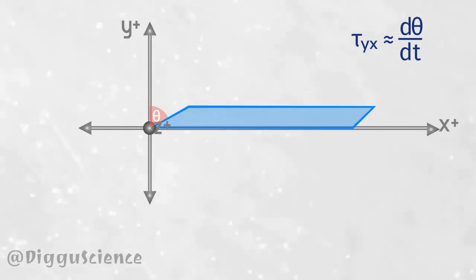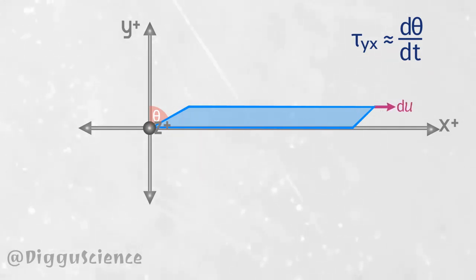In a fluid that moves continuously, the empty part will be immediately filled by the previous fluid. We will have difficulty measuring the value of this theta, let alone the change of theta with time. Therefore, we need to define the deformation rate as a physical quantity that can be easily measured.